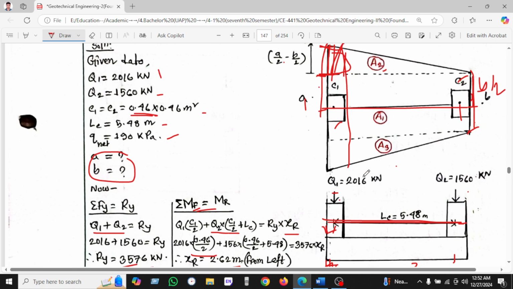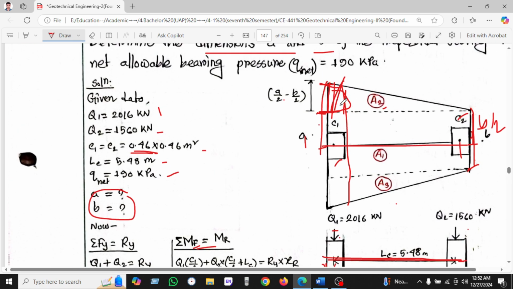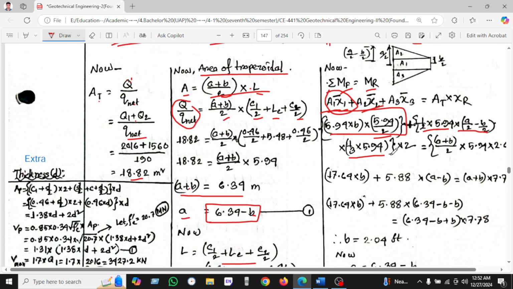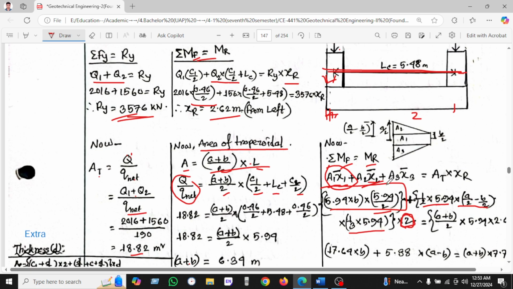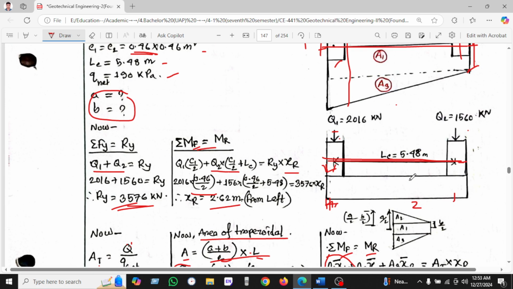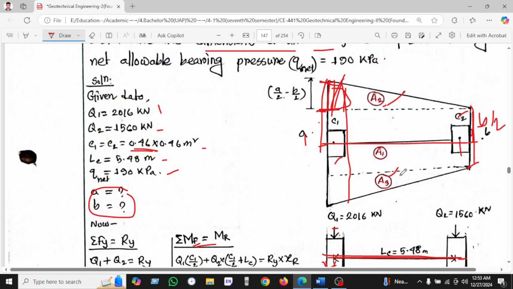1/3 into 5.94 into 2. Why will we multiply by 2? Because this is the 2 portion, A1 and A2. A3 remain same, A2 and A3 remain same, that's why